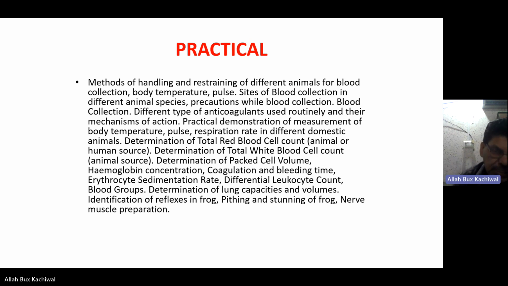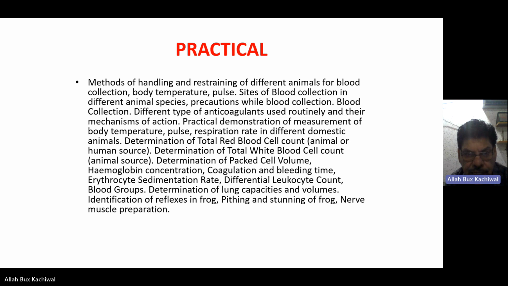Then the practicals which will be conducted in this semester. These are the method of handling and restraining of different animals for blood collection, body temperature, pulse, site of blood collection in different animal species, precautions while blood collection, and different types of anticoagulants used routinely and their mechanism of action, practical demonstration of measurement of body temperature, pulse, respiration rate in the different domestic animals,